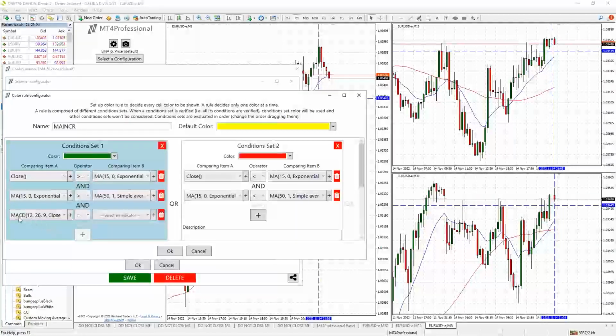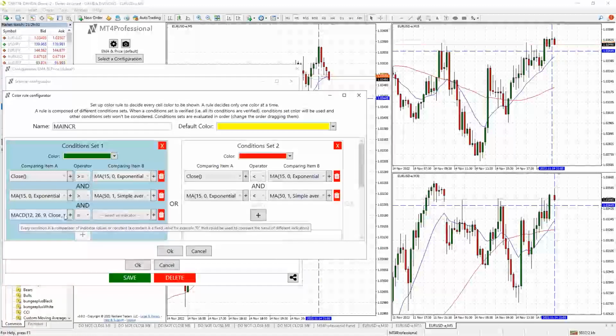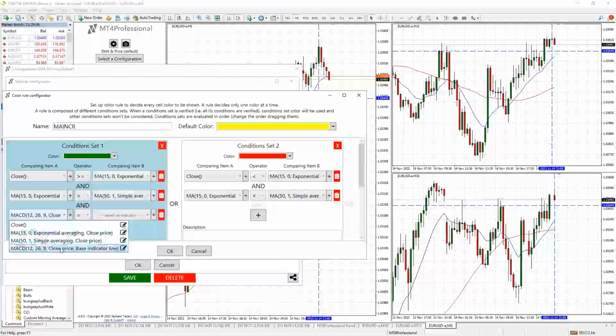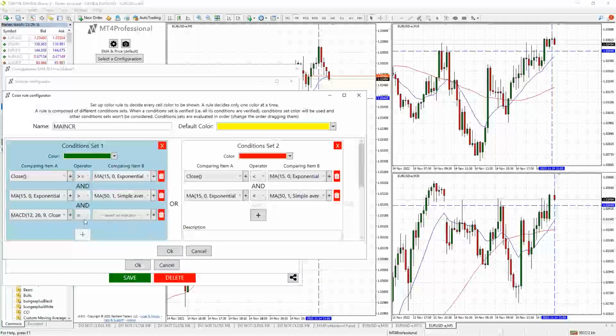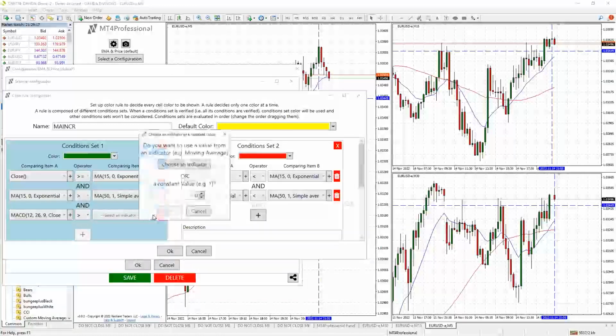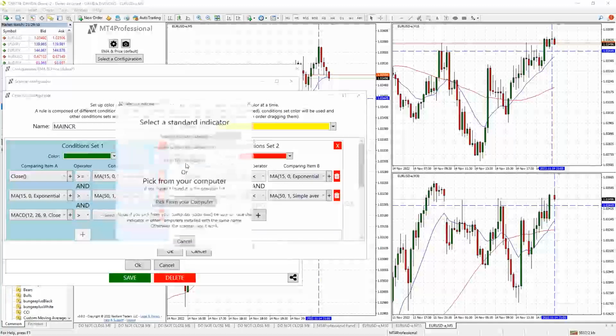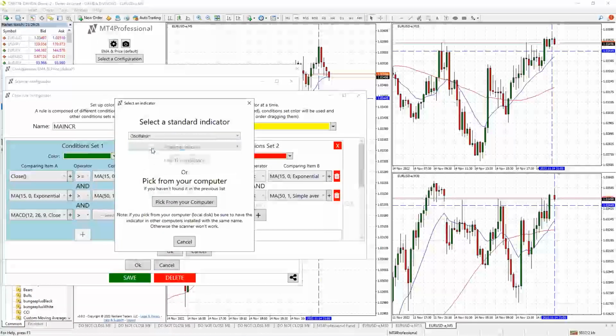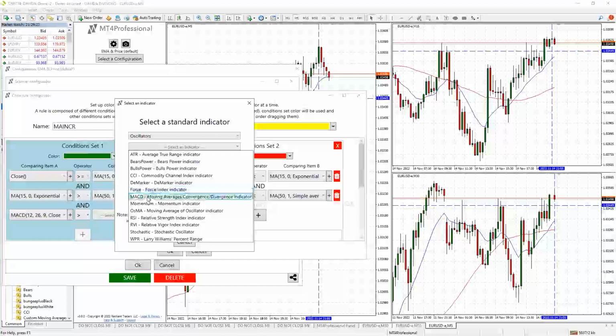Notice that I now have a MACD set up on the close of price, and it's using the base indicator. I want to compare that with the signal indicator. I want it to be greater than. So that means I have to add an additional indicator, which is the MACD again.